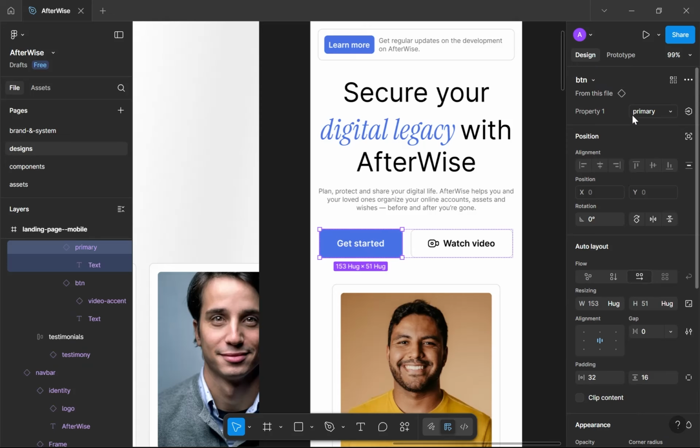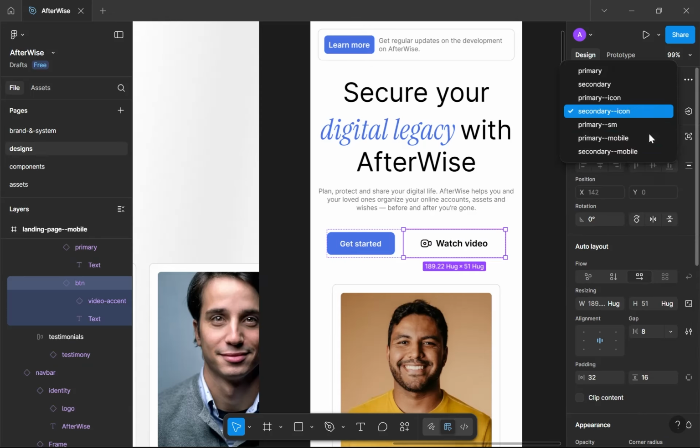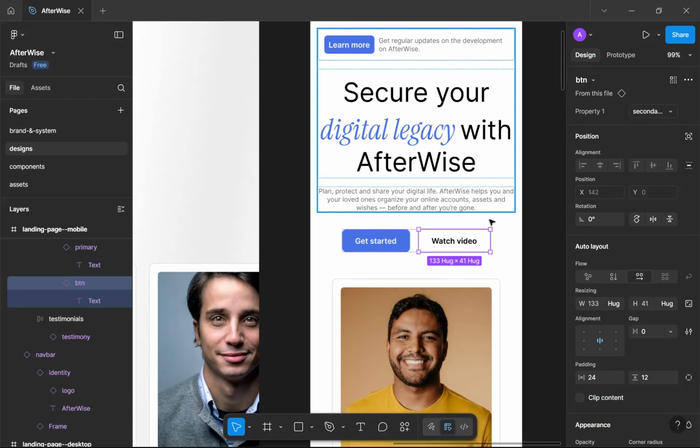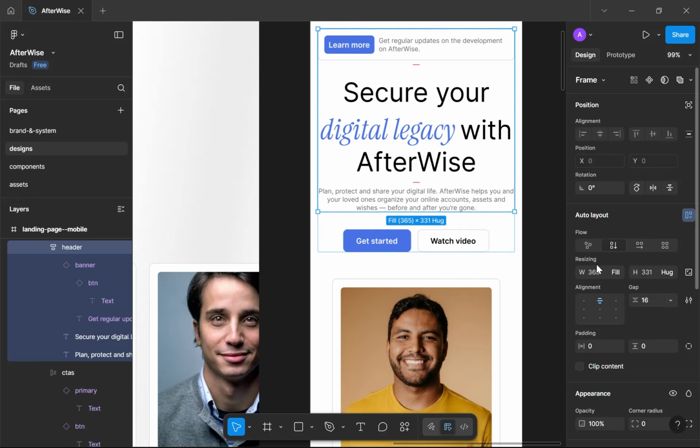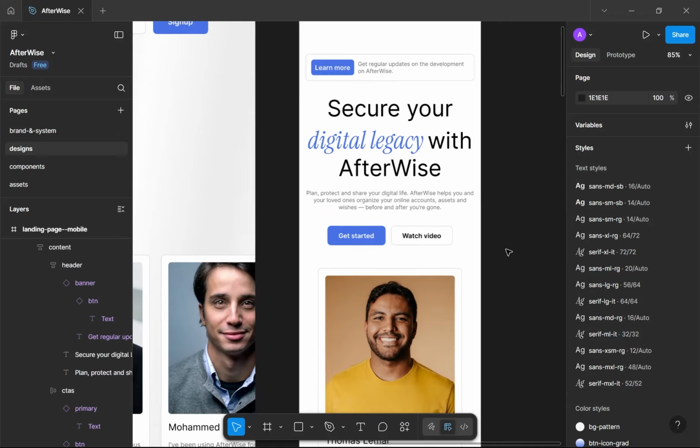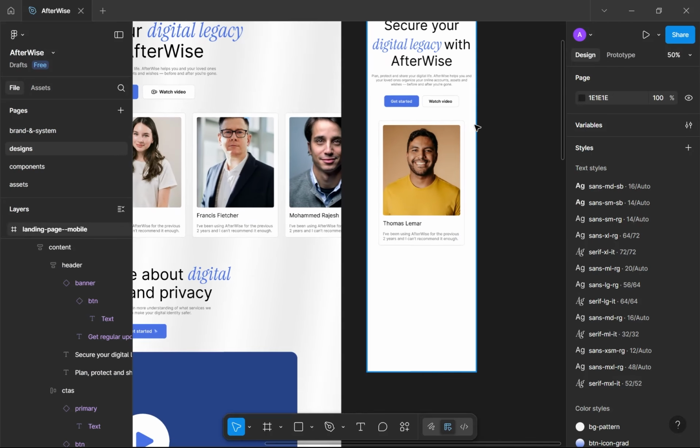Let's use primary mobile and secondary mobile. Okay. Now let's go in here and decrease this to 12. Here, I think these spacings are fine as they are. Okay. Here we have to change this. Let's go to components